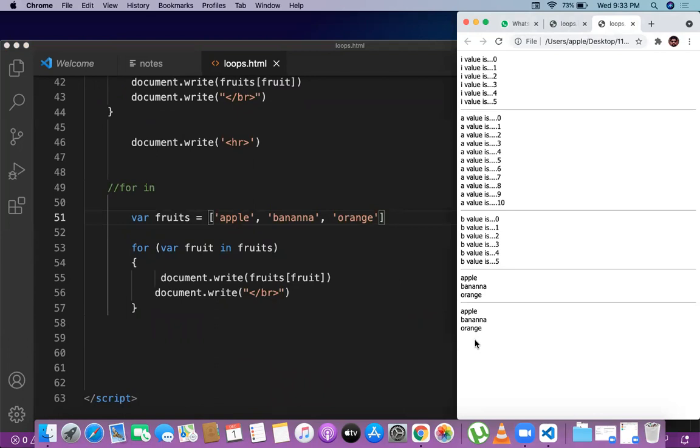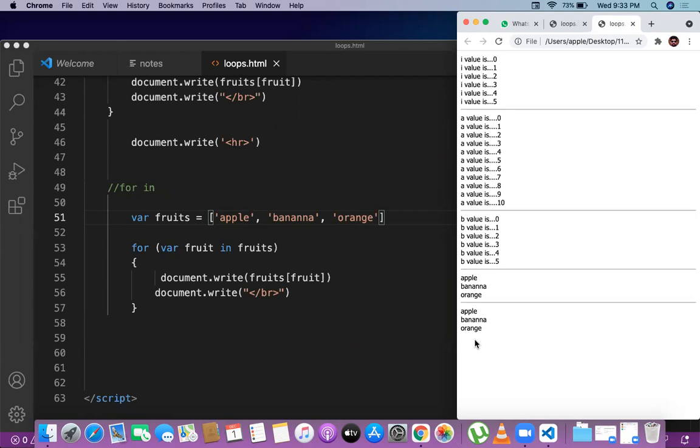Small thing actually: for loop we are using, for in we are using. For in is also an iteration concept, that is fast enumeration, fast iteration. When you compare it with the for loop, for in is faster, and it gives you the output in a very clear manner. Fast enumeration, yes.